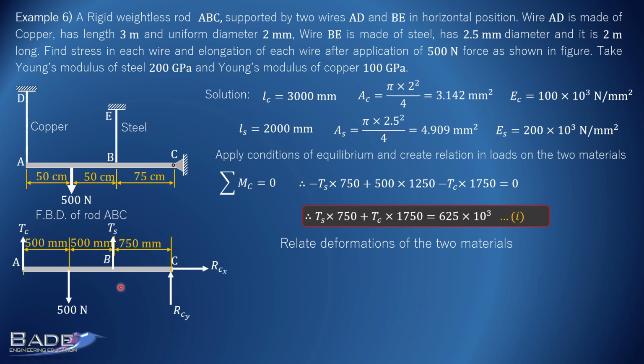Now focus on this. Actually, when you apply 500 Newton force, there is tension in copper, there is tension in steel, and therefore there will be elongation of these wires. And this rod is rigid rod and it is hinged at point C. So this rod can rotate about point C. So this is how I am showing now deformation of wire, copper and steel wire. Now here I am showing you deformation of steel wire and copper wire. Watch here.